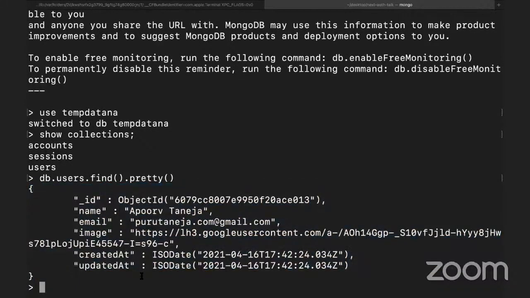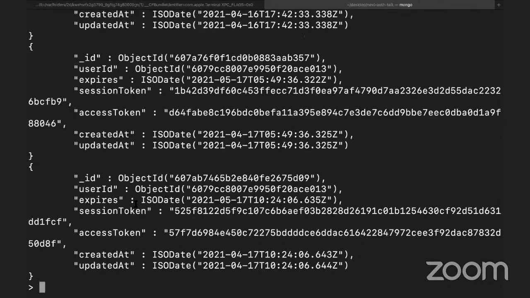It's my email ID. And if I go to the session, yeah, it basically contains the session token and details such as ID, user ID, when it expires, and the session token. When the application has to check if the user is logged in or not, it verifies whether the session token is there and what the expiry is. So NextAuth basically uses this to verify if the user is there when you specify the database parameter.